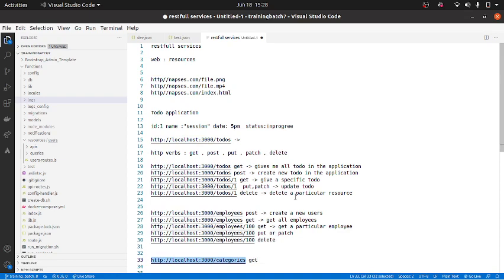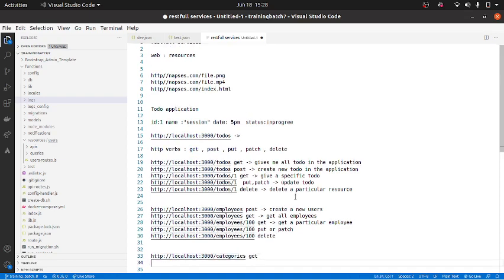For example, if I want to get a specific category, I'm assuming obviously it will be the ID of the category and GET, right? Now in this category, I want to get all the products of this category. What do I do? Categories, ID, and products. This is known as a nested route. In this category, get me all the products.